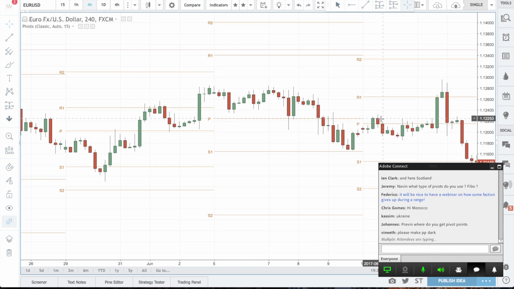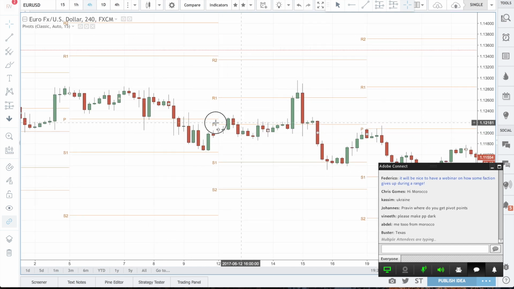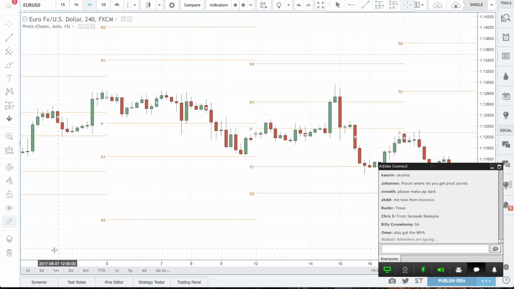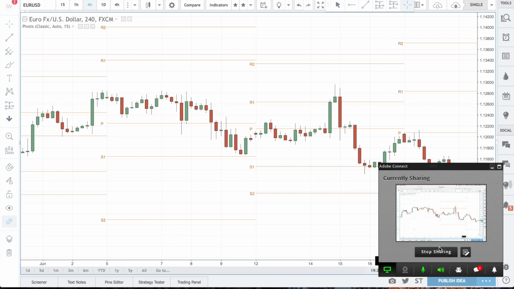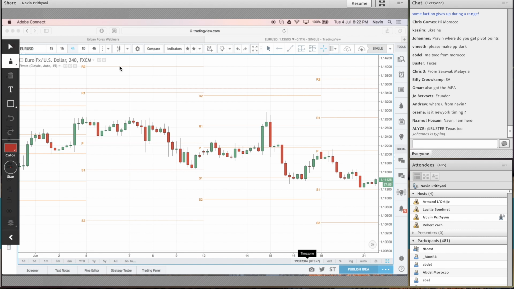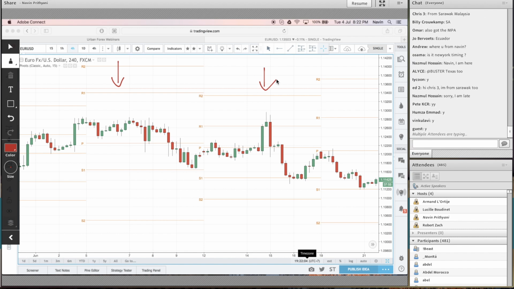Okay, so we're looking at these markets doing all sorts of crazy things, right? Now, if I take a few steps back, let's say I'm in June, early June. I'm going to take a screenshot. Okay, can you guys spot the range here? Can you guys spot the range in here? Okay, so we go boom and boom.